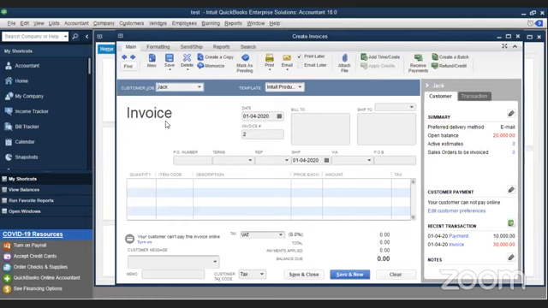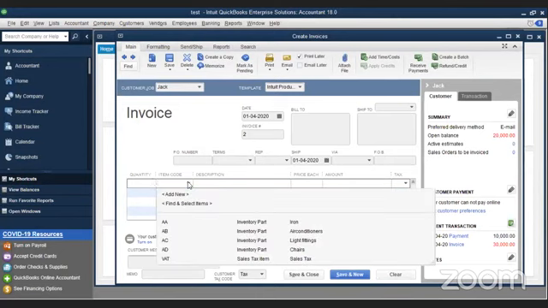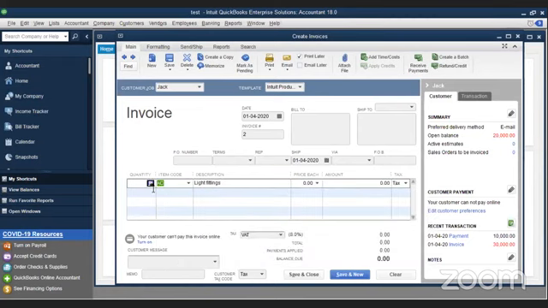And I'm going to select the item. Quantity, so we'll say we are going to sell light fittings. We are going to sell one. And the price, we are going to sell it at, we'll say 10,000, some value.